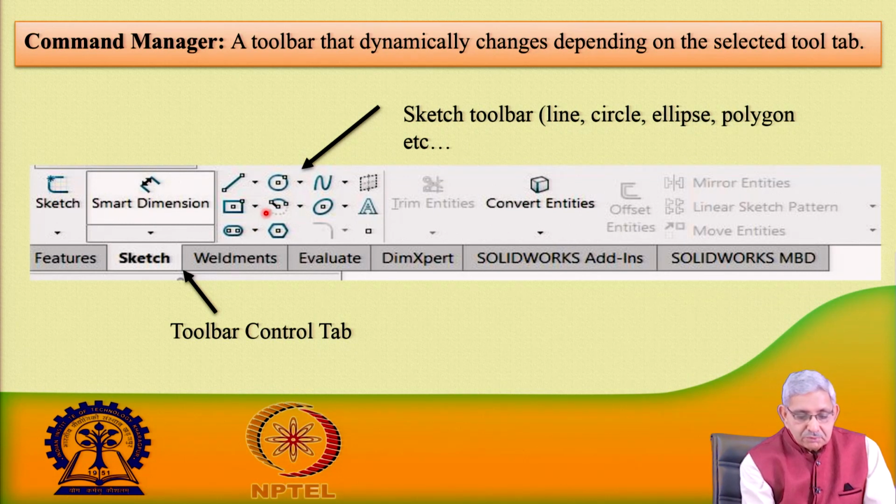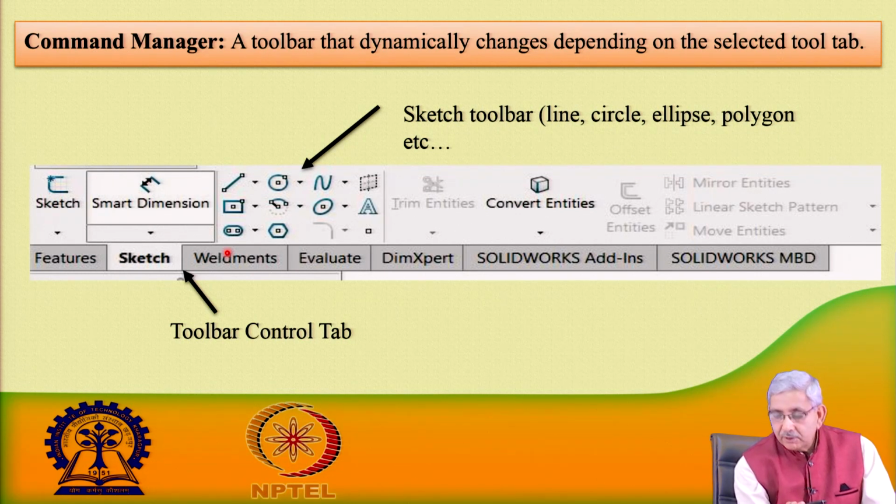So, we will choose the particular shape, and that shape will be given by using different symbols. It could be line, circle, ellipse, and polygon. As the water has to pass through the different shapes, we will give these and convert them. We will use the tools control tab to get the product made.